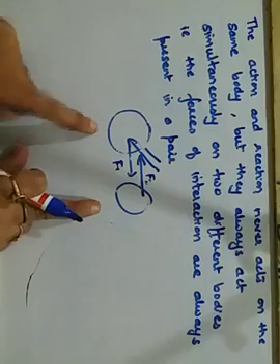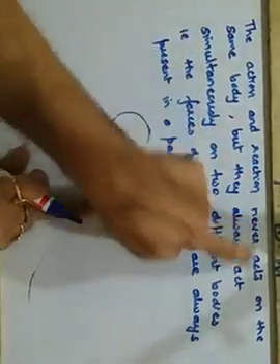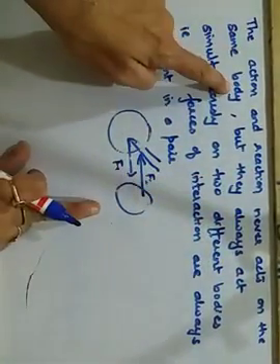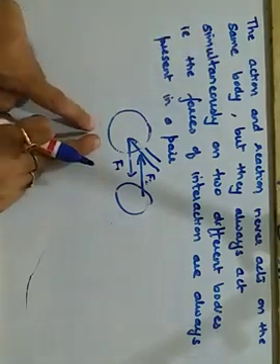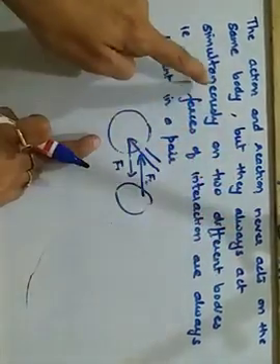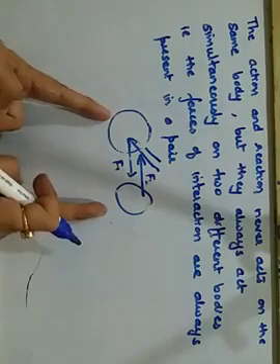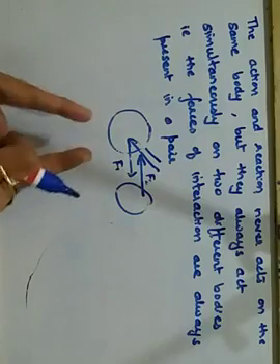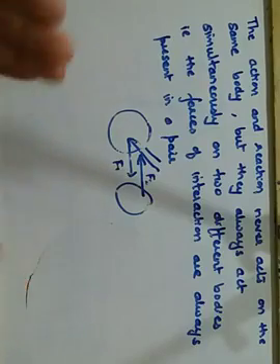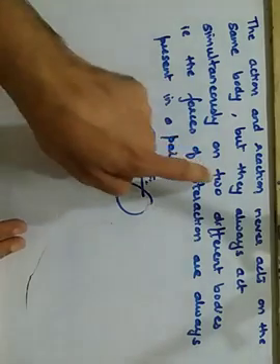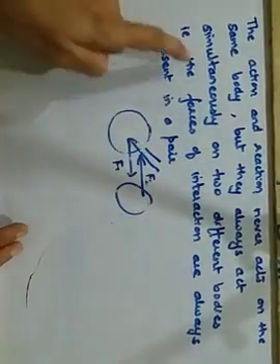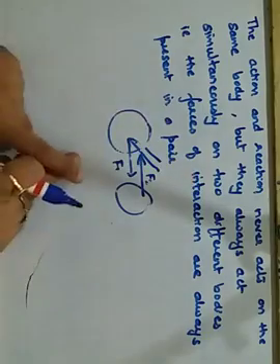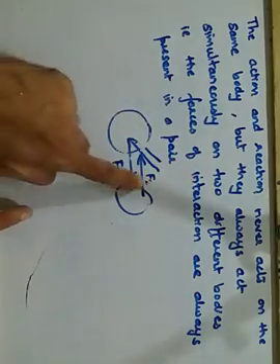So what I have stated is that action and reaction never act on the same body, but they always act simultaneously on two different bodies. There have to be two different bodies, from which one will act and the other will react. That's why it is written two different bodies. That is the forces of interaction, like I have written F1 and F2.